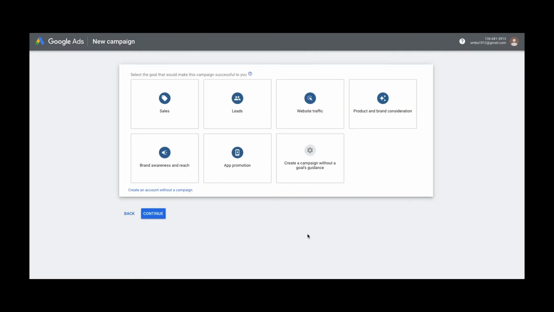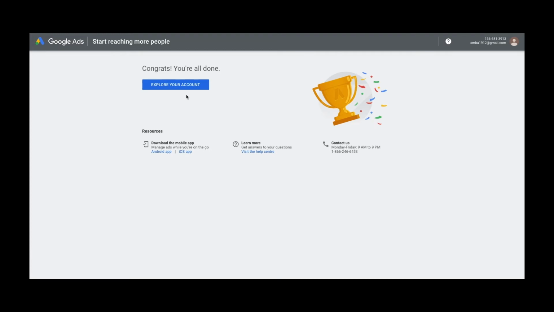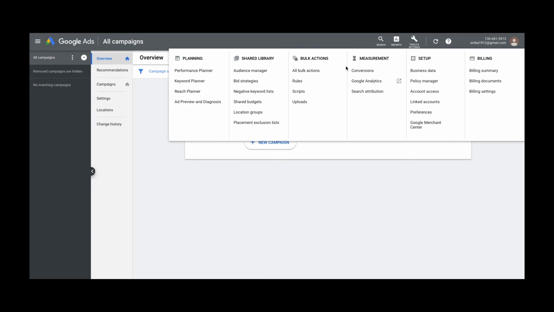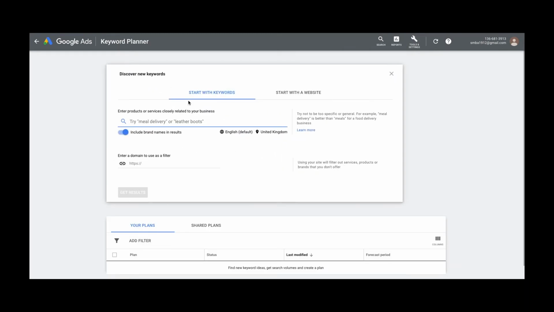Now again, you're going to see a lot of different options. Just ignore that. Create an account without a campaign, and all you need to do is double check that United Kingdom is your billing country, time zone, and the currency as well. And then that's it. Explore your account. So then you've opened your account, and you click on the top right and click Keyword Planner, and you'll see Discover New Keywords. So if we were to type in wedding photographer and get results,